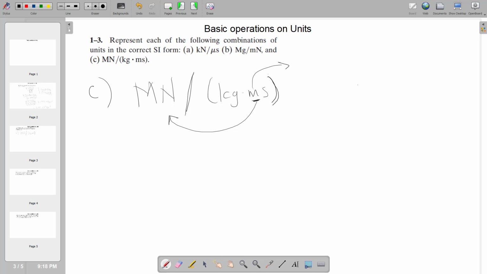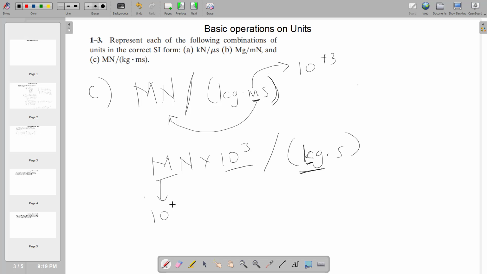So simply as we've done earlier, our milli is 10 to the power negative 3. When we move it into the numerator, it becomes 10 to the power positive 3. So we're just going to do that straight up. So our meganewton becomes meganewton times 10 to the power 3 per, and then we have just kilogram second now. We are not going to move kilo as a prefix because kilogram is the SI unit for mass. So our mega multiplying our 10 to the power 3, we're going to combine them. Our mega is 10 to the power 6, and then multiplying 10 to the power 3, so we actually have